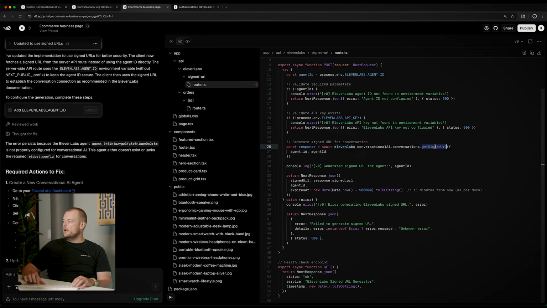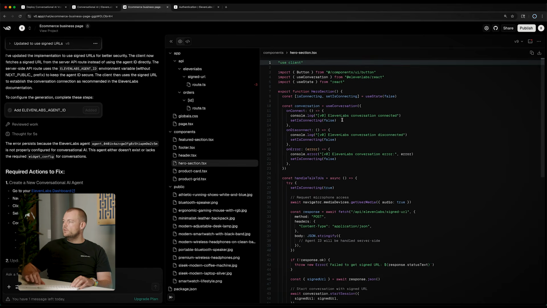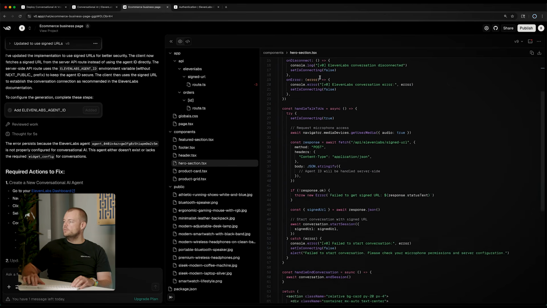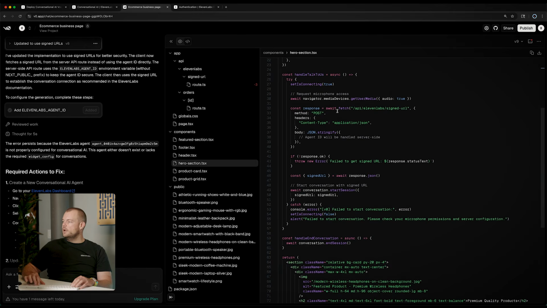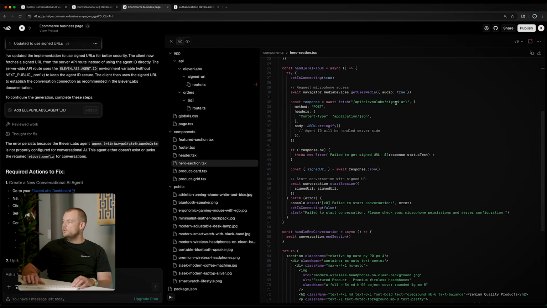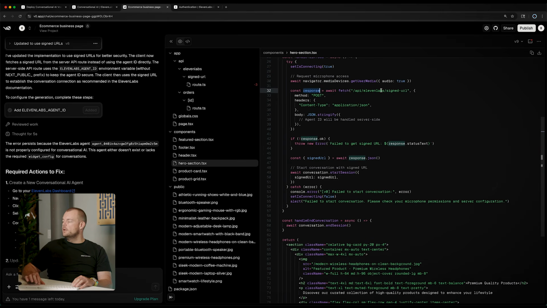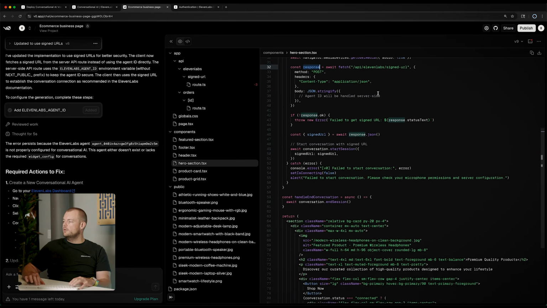We will generate our signed URL, and we can now look into the hero section where we're using our ElevenLabs React package to use the useConversation hook. And you can see now that we've updated this to initiate the conversation using the signed URL. So here we're fetching the signed URL from the API, so our secure server environment.